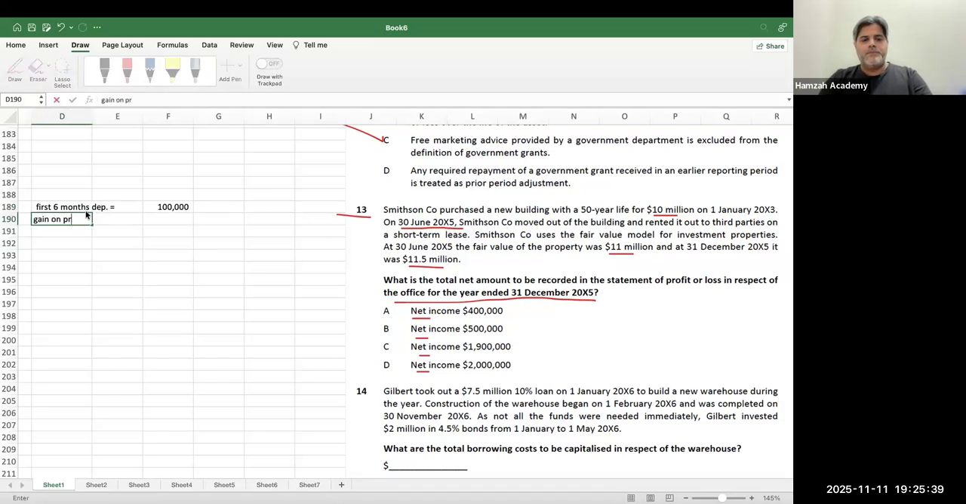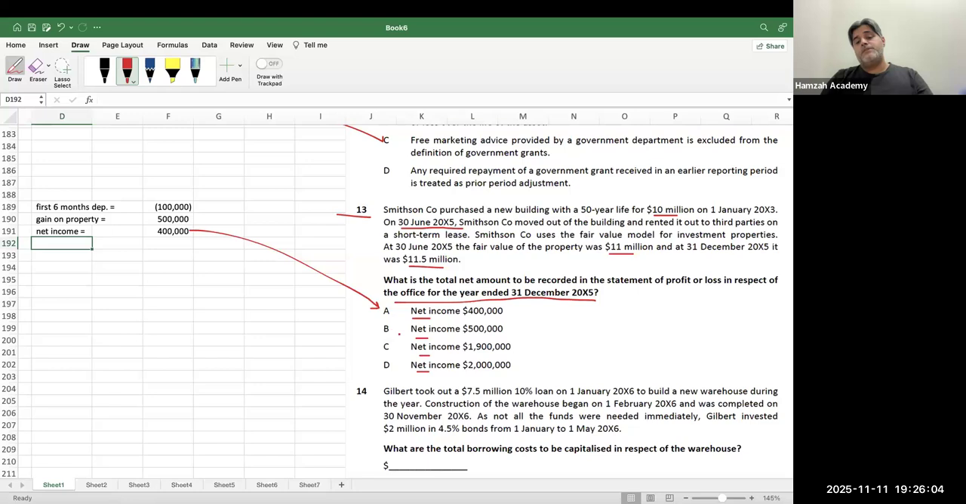Then gain on property is 11,500,000 minus 11,000,000, that's 500,000, right? So this is the depreciation for 6 months. That's going to be minus. So my net income is 400,000, option A. Although B was really very appealing to me as well, I was just thinking that this is